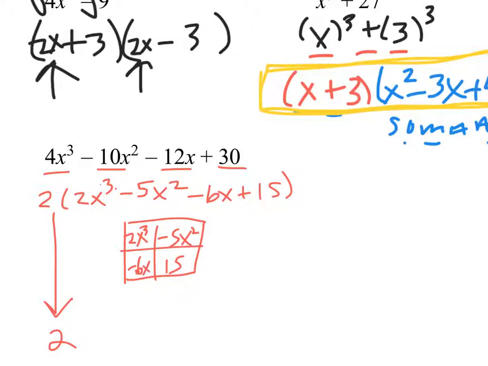Alright, so how I wrote it, the GCF of my first row is just x squared. What times x squared is 2x cubed? 2x. What times x squared is negative 5x squared? Negative 5. And what times 2x is negative 6x? Negative 3. So x squared minus 3 times 2x minus